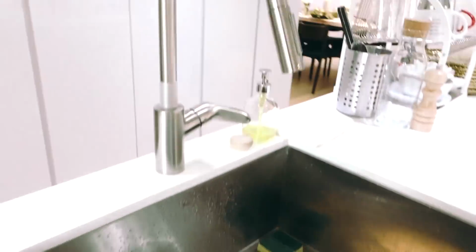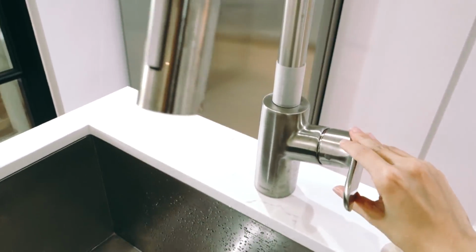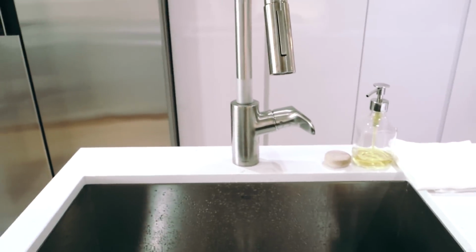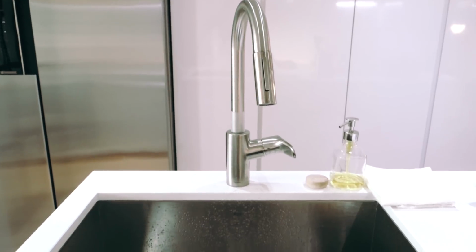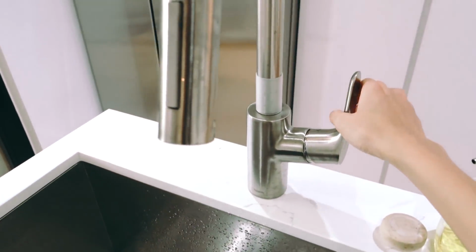And in our sink we actually have filtered water and unfiltered water. So I actually got 3M to install a water cartridge inside, and this will be good for us when we want to cook soup or wash our vegetables, and if we prefer to use filtered water, so we just swap it over here. And in the middle section we have